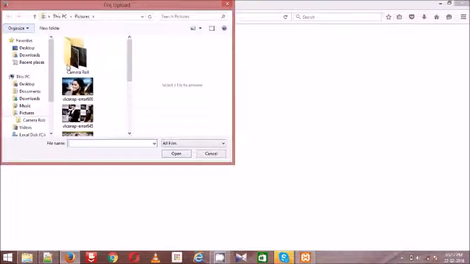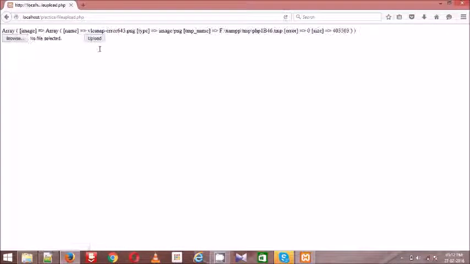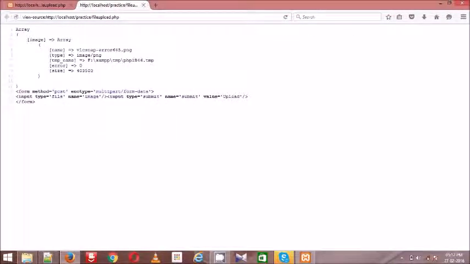I have uploaded a file, selected an image and clicked upload, and look at the array we got. It's a multi-dimensional array. The main index is image, and the sub indexes are name, type, tmp_name, error, and size.